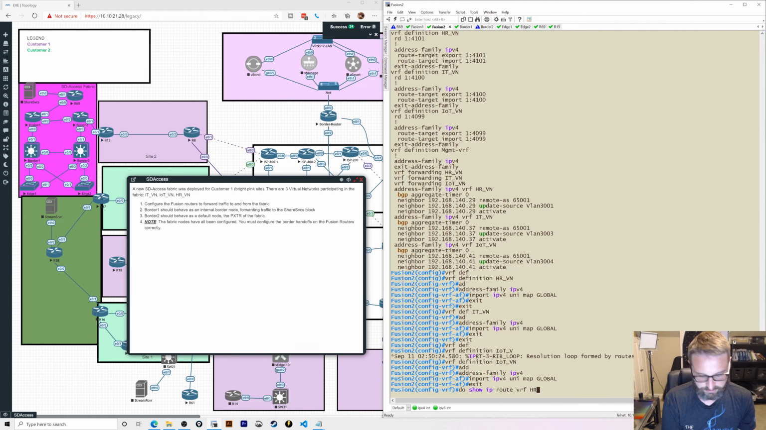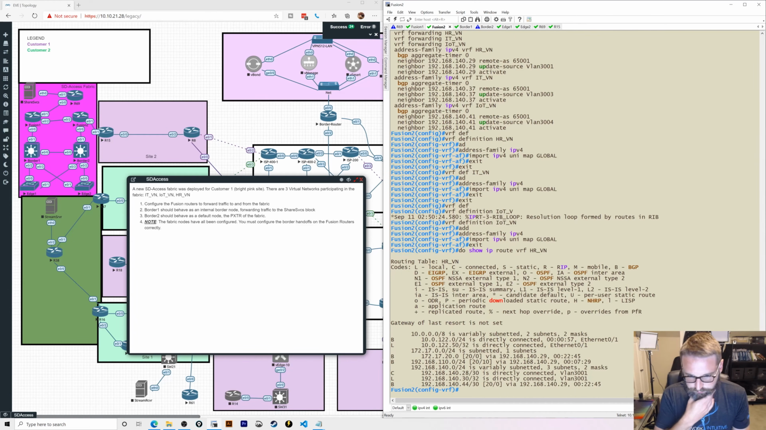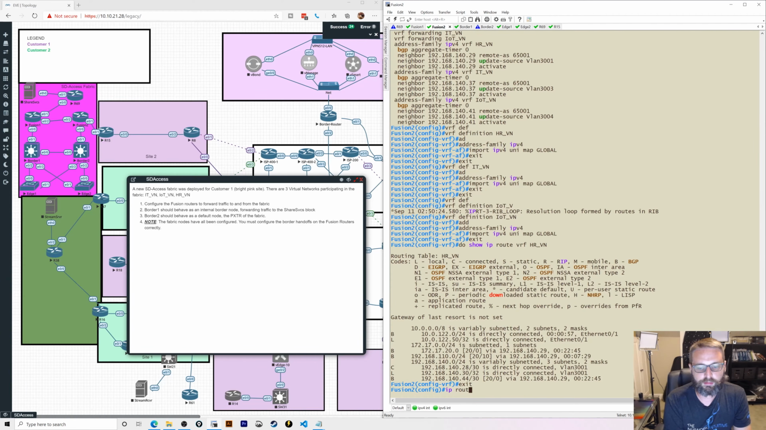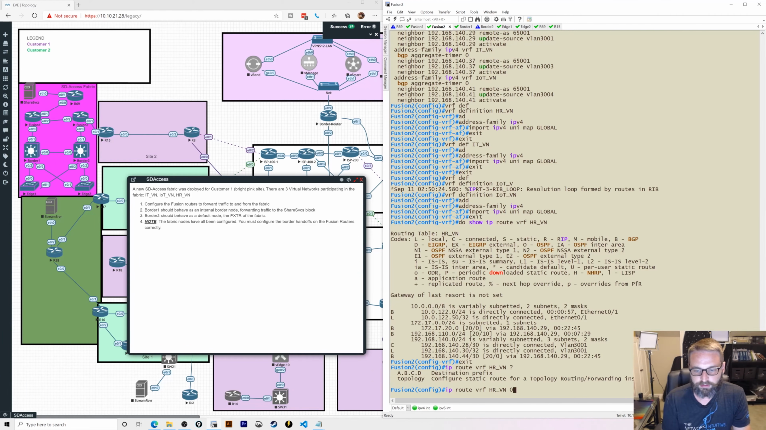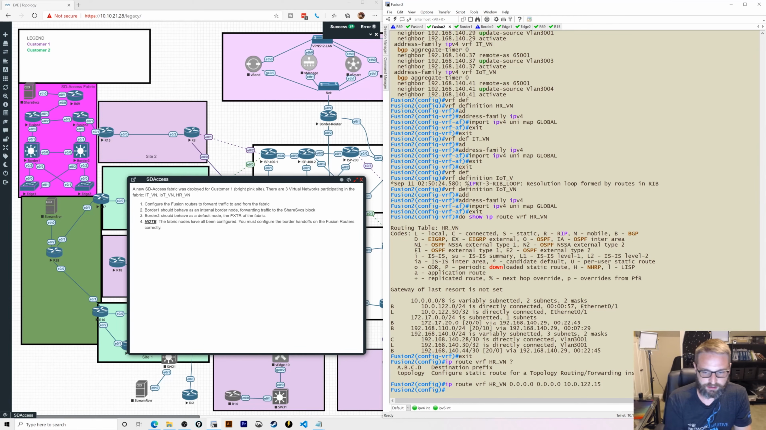VRF HR_virtual network. Okay, so now I see that this exists in this particular VRF. That's good. So now what I'm going to do, I'm going to create a static default route for the HR virtual network. And I'm going to say 0.0.0.0 0.0.0.0 towards 10.0.122.15. That might work. Now if I do show IP route VRF